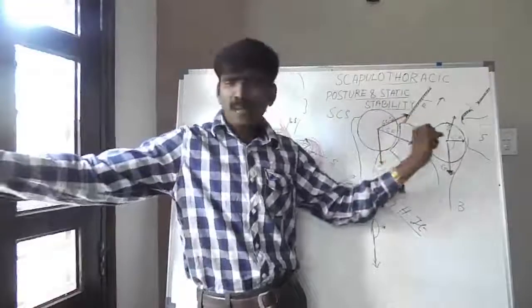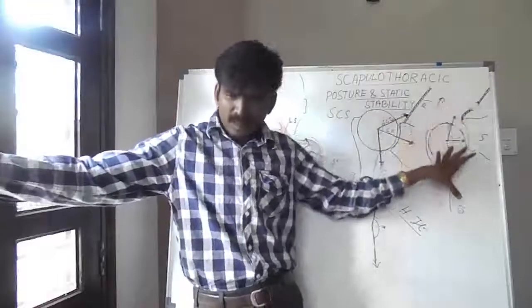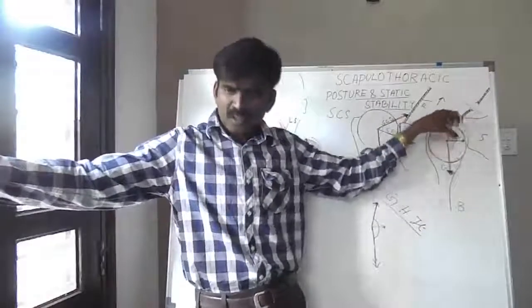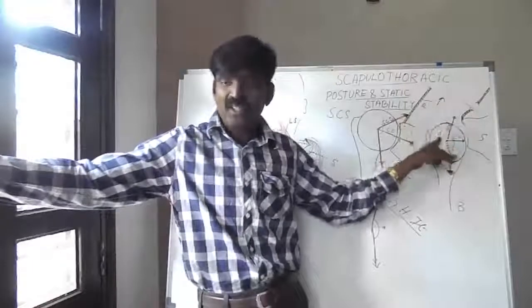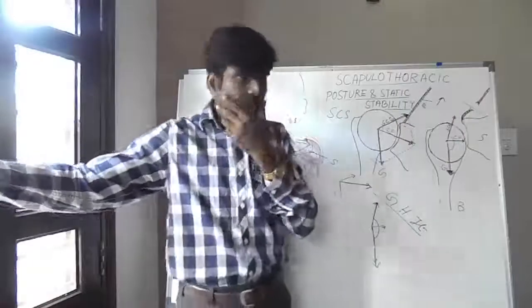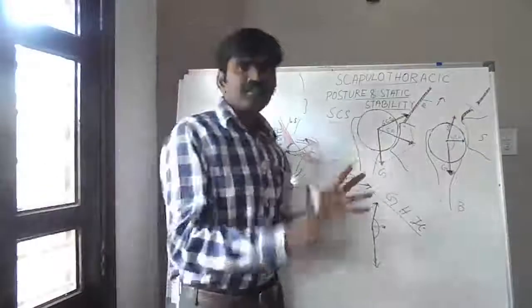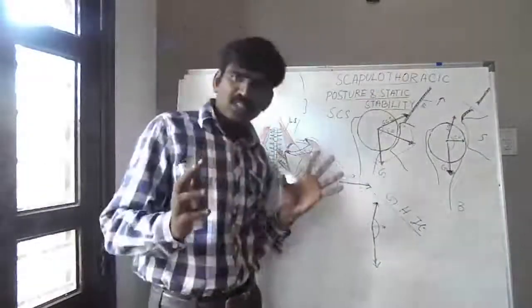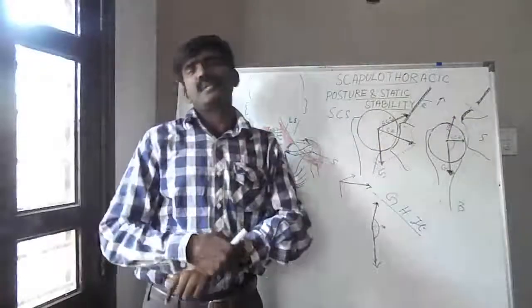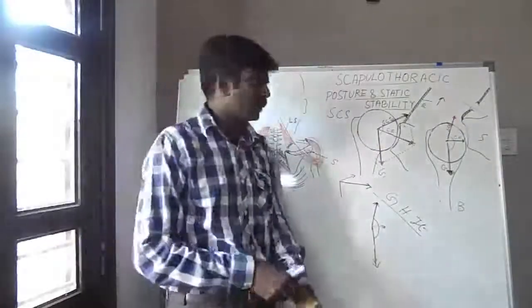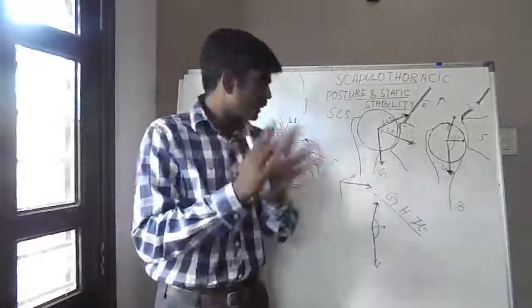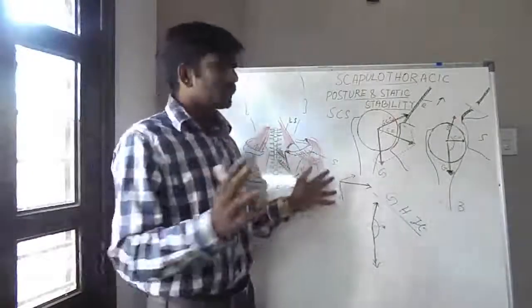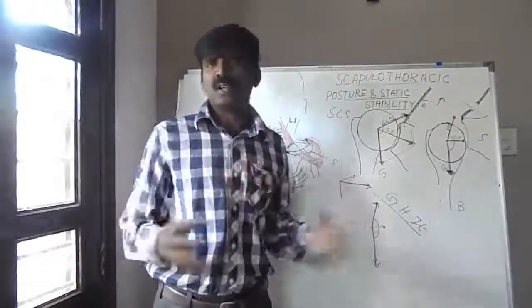Clear? So now what will happen? Gradually the glenohumeral joint will sublux inferiorly, and this is irreversible. Clear? So this is the role of scapulothoracic posture in maintaining the static stability of the glenohumeral joint. So what is the conclusion? That is, we discussed the stabilizers